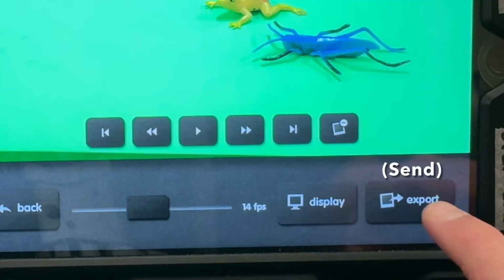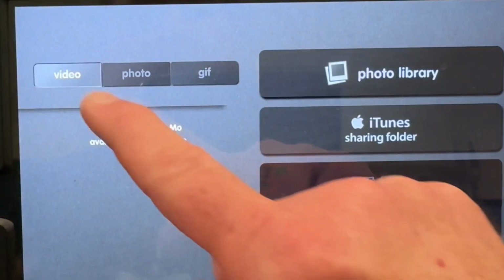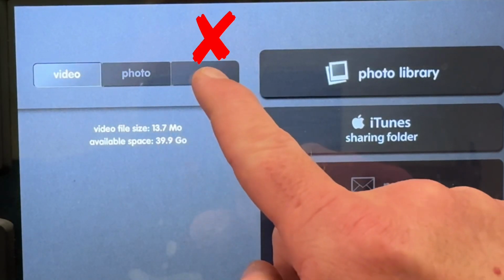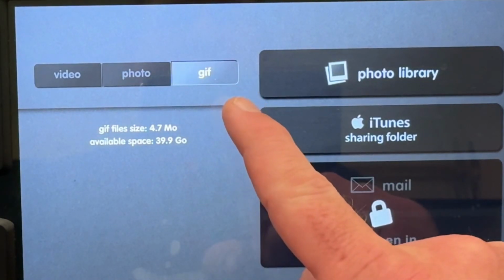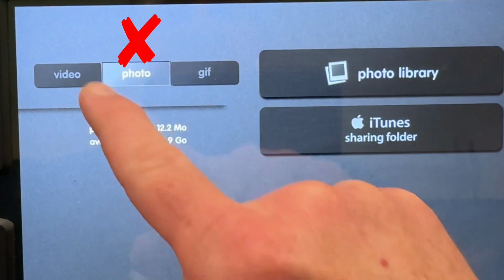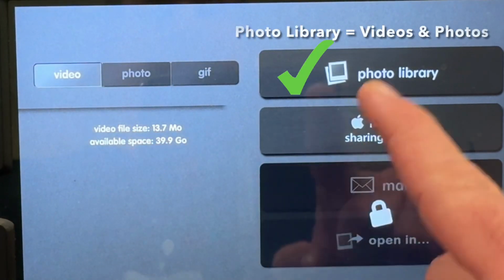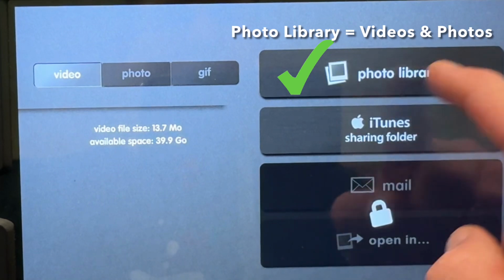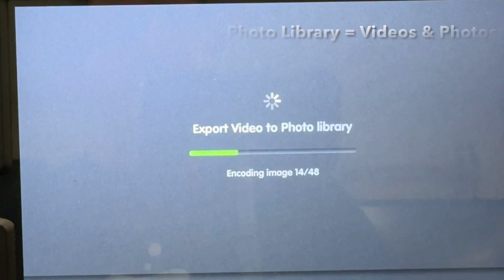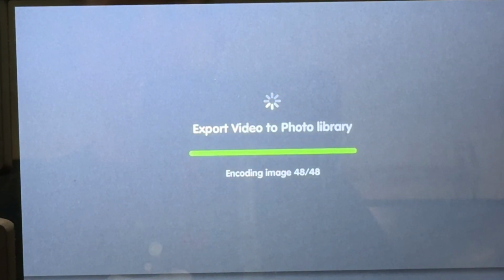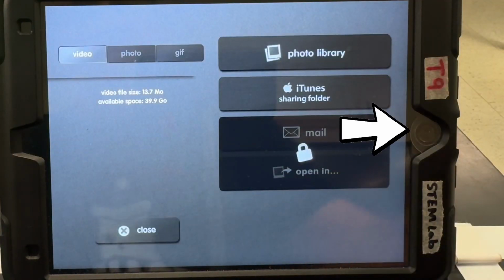And export. Now I could do it as different options. I do not want a GIF because that doesn't work well with iMovie. Photo, just sit still. I want video. I'm going to come over to, even though it says photo library, it's confusing, that's just where all pictures and video go. Now I am done with